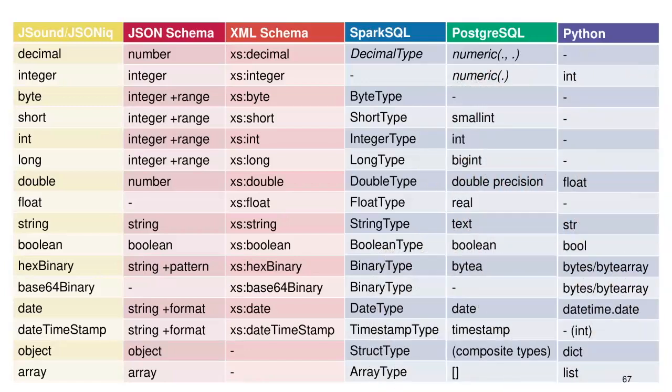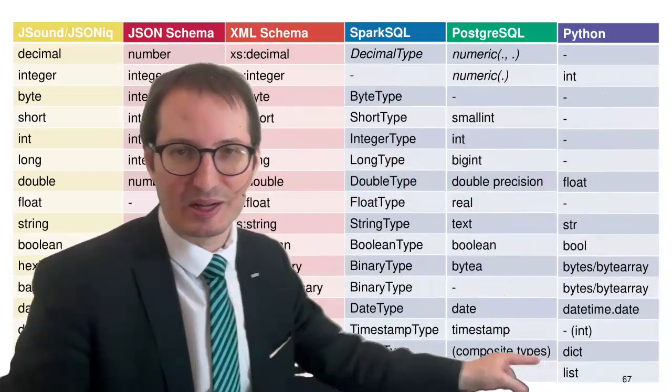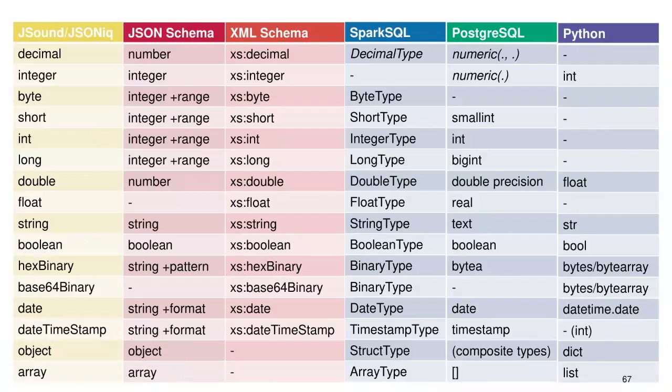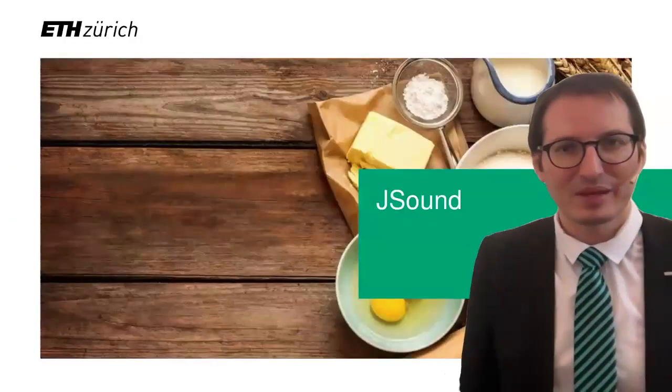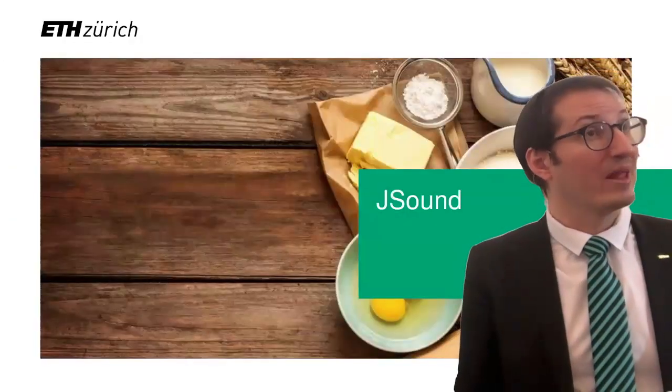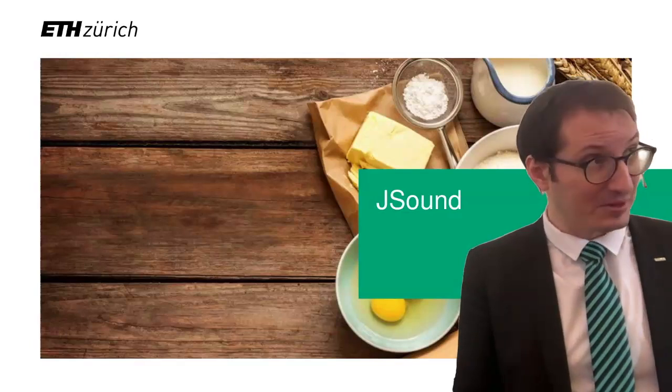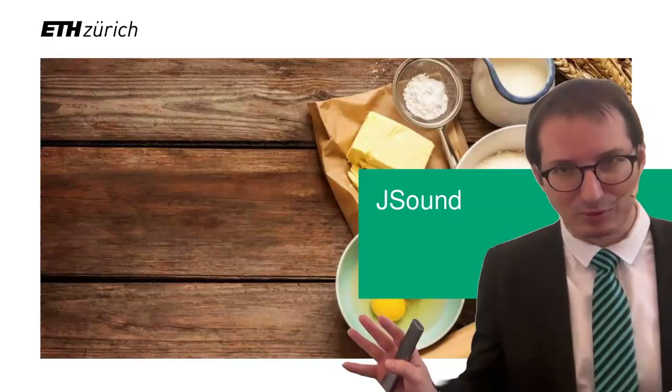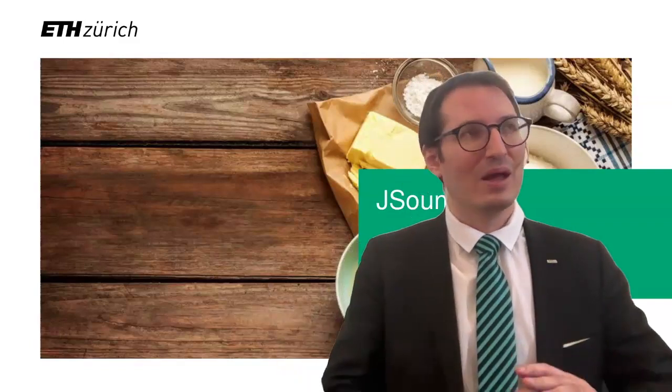By the way, dict and list in Python correspond to object and array in JSON. Okay, so now that we have covered the types in a very generic way that would apply to pretty much any technology, we'll now start validating JSON or XML. I will start with JSON because it's a bit easier, and then I'll go to XML. I'll teach you two technologies in JSON.